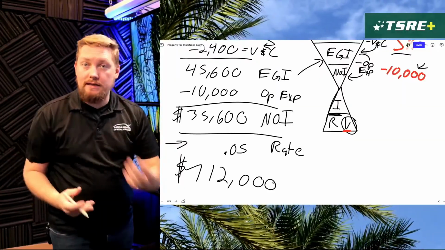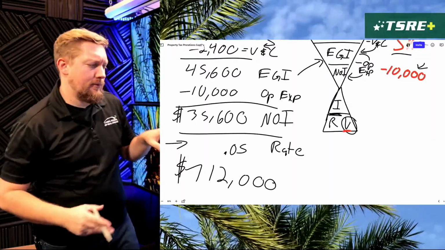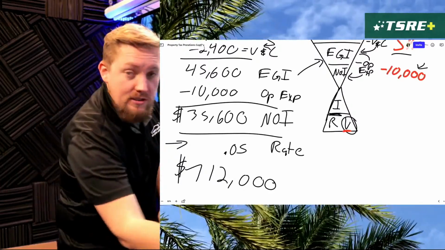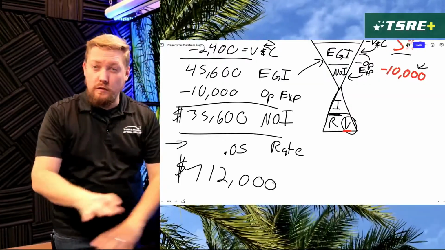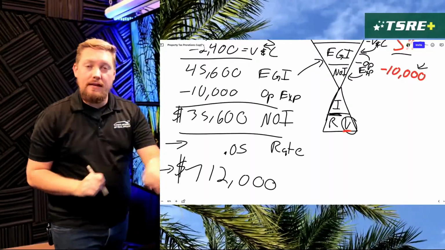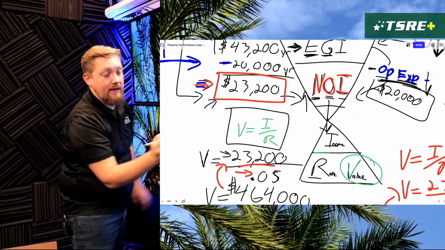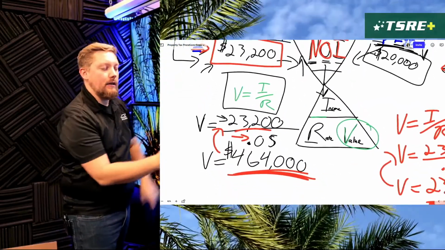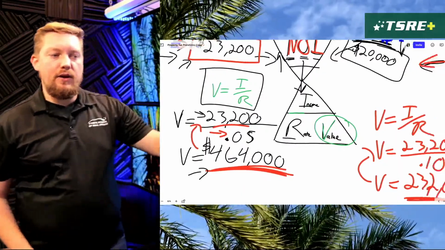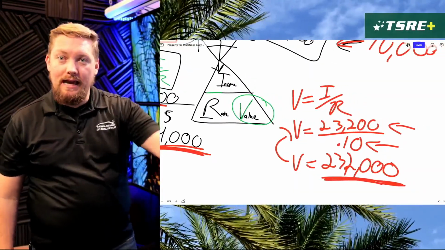And so the market kind of sets what your cap rate range would be, and again, it depends on factors of the property as well. But at a 5% cap rate, this would be how you could force the appreciation. And again, if you were able to do this without raising rent a dime, that's how much this property would be worth now. $712,000 compared to over here, when we only had $23,200 worth of income, it was worth $464,000. And again, if we had that higher cap rate, it'd be worth even less.